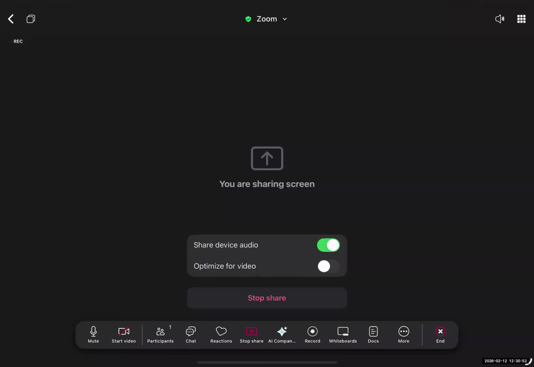One second, I'm using the hotspot from my phone. I think the network is not stable. Yeah, so